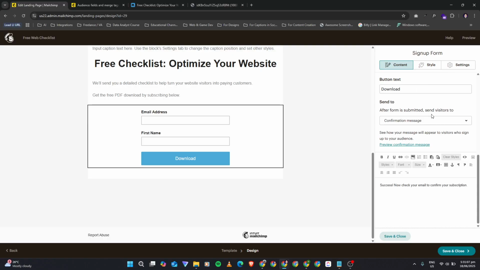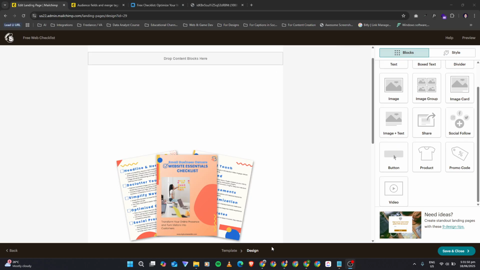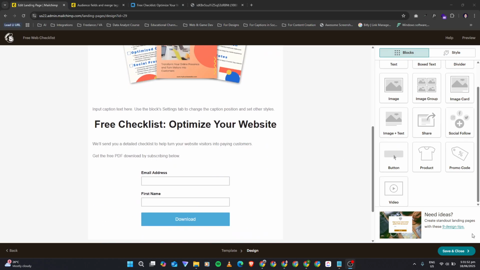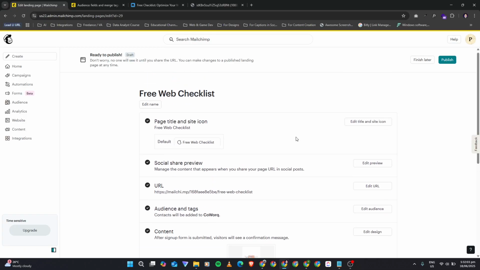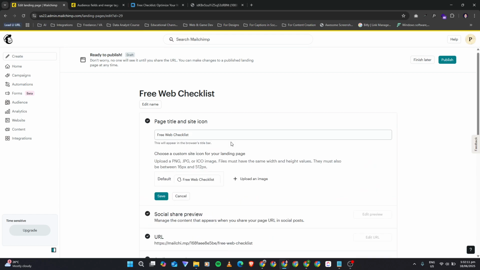So let's say you're done with your design. Let's just say this is your design. Then just click save and close. Then there are these options here wherein you can modify each of them. If you want to edit the title and the site icon, just click this one.